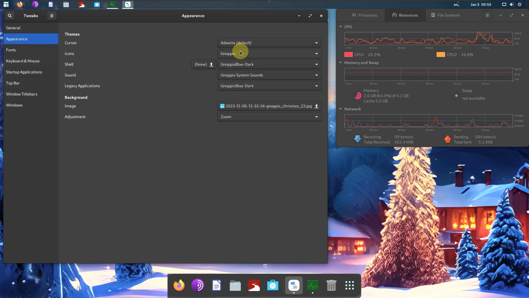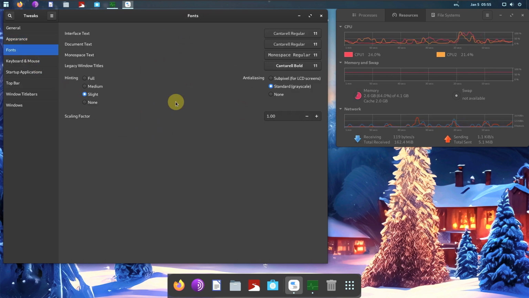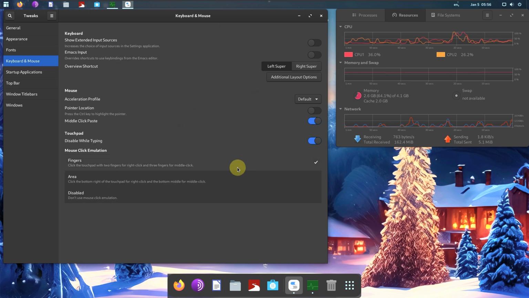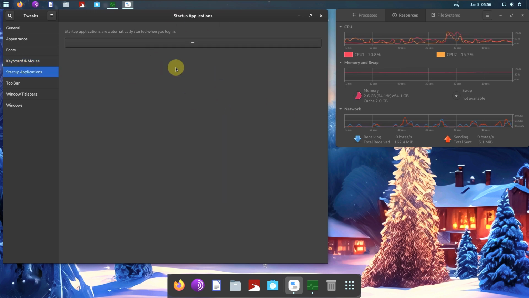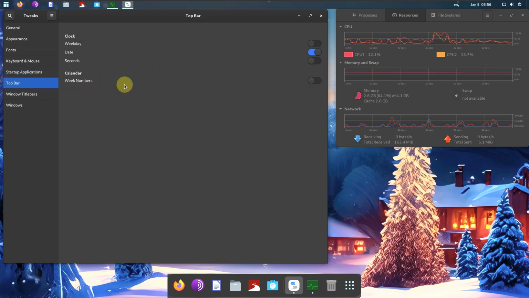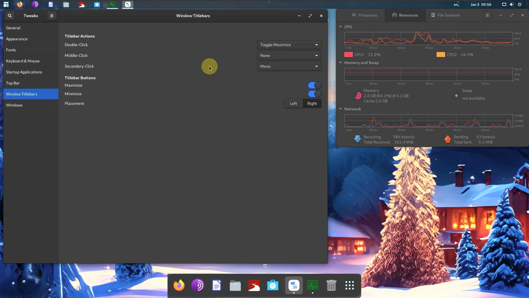Appearance, if you want to customize, you can customize all those things. You already know how to use the Tweaks. So here are the fonts, keyboard, mouse. Startup applications, you can add startup applications there. Top bar, you can customize the top bar here. Window titlebars,